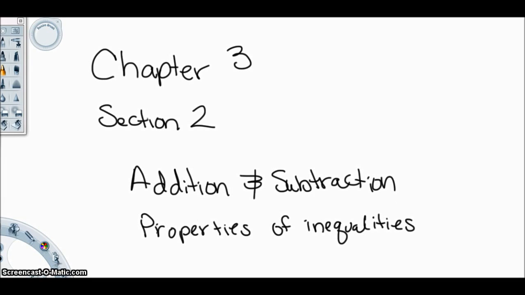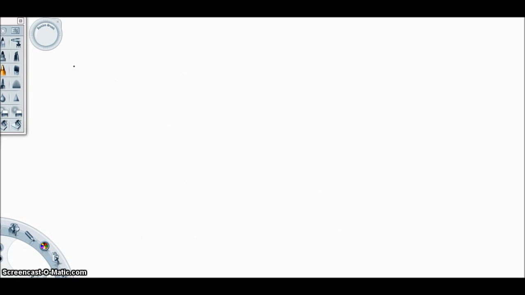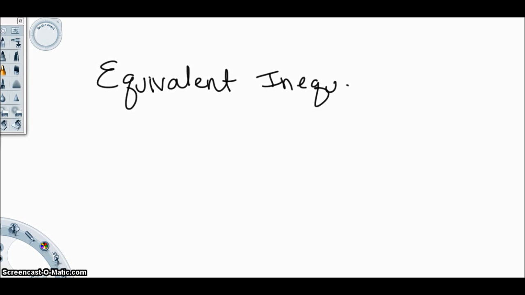Chapter 3, Section 2, Addition and Subtraction Properties of Inequalities. In Chapter 3, we're looking at the addition and subtraction properties of inequalities. We're talking about equivalent inequalities,